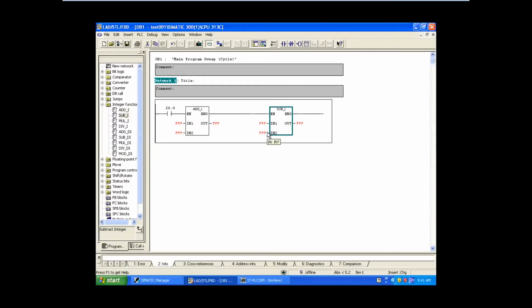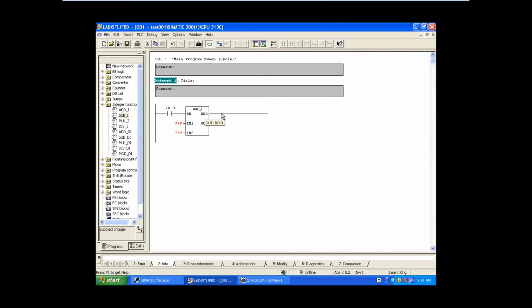Coming to the output side, it has ENO, the output enable. And one more output is there, which will hold the result of the addition of the two integers.